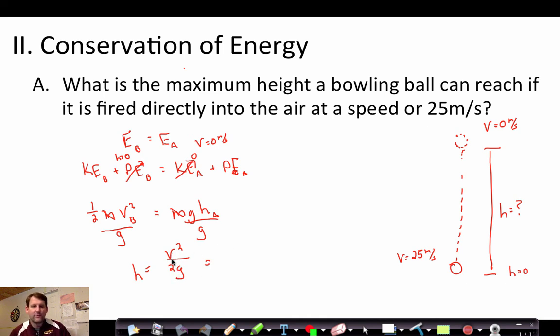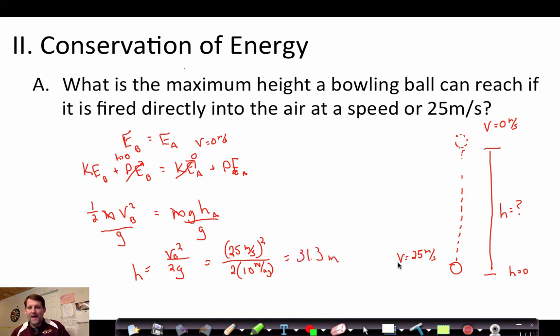Now, velocity, of course, is velocity before. The velocity before is 25 meters per second squared divided by 2 times, and I'm going to use 10 again, newtons per kilogram. And I'm going to find the answer to that one. 25 times 25 divided by 2 divided by 10. 25 times 25 divided by 2 is 31.25. So I'm going to round that to 31.3